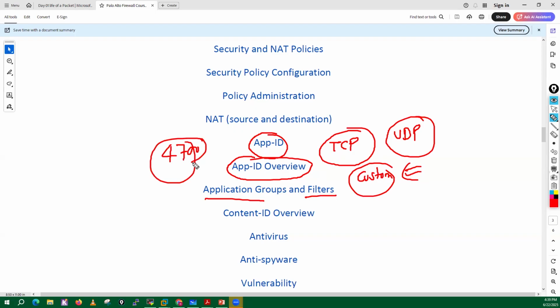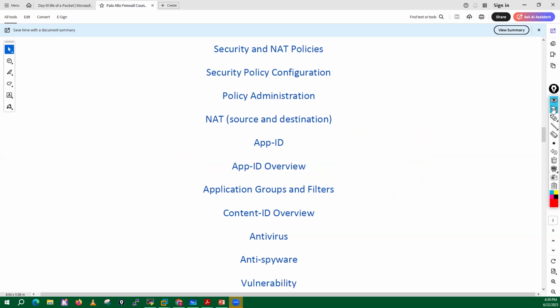But let's suppose you have some internal apps which are used by your organization, then how can we create a custom signature for those apps? Then how can we configure the app override policies for those custom apps to bypass the app engine, right? So we will do multiple practicals here, just like a simple one class for App-ID. And if I can show you here,